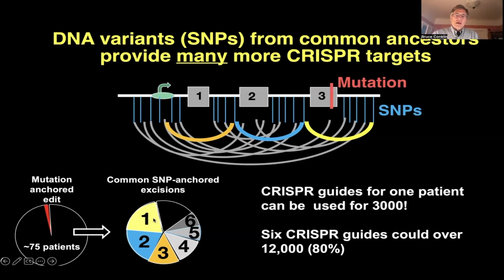And so that is a much larger number, and that's indicated by this part here. And then this is additive. One can actually find other edits which capture other variants, and using sort of population genetics, we can find 6 CRISPR guides, which should cover about 12,000 patients. And so this is a much better way, potentially, of going about this